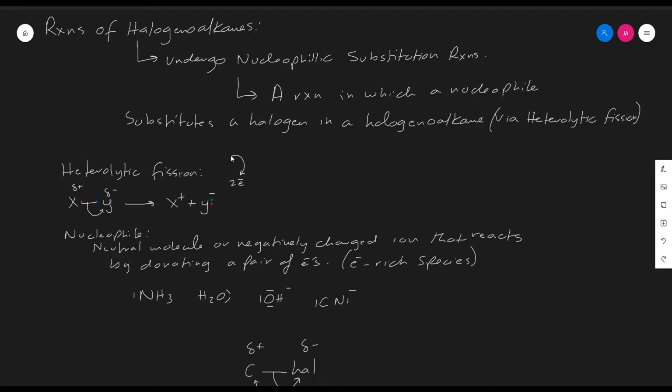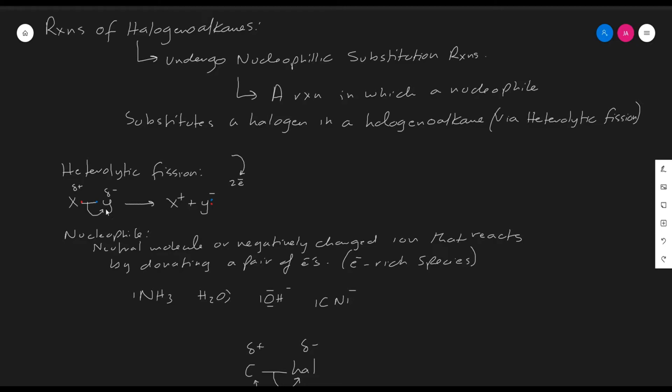By now, you have learned that these double-headed curly arrows represent the movement of 2 electrons when drawn in reaction mechanisms. Heterolytic fission means the breaking of a bond in which the electrons shared in a covalent bond are not evenly distributed once the bond breaks. So for example, in this example X is the least electronegative element, imparting it with a partially positive charge, while Y is the more electronegative element, imparting it with a partially negative charge. Once the bond breaks,